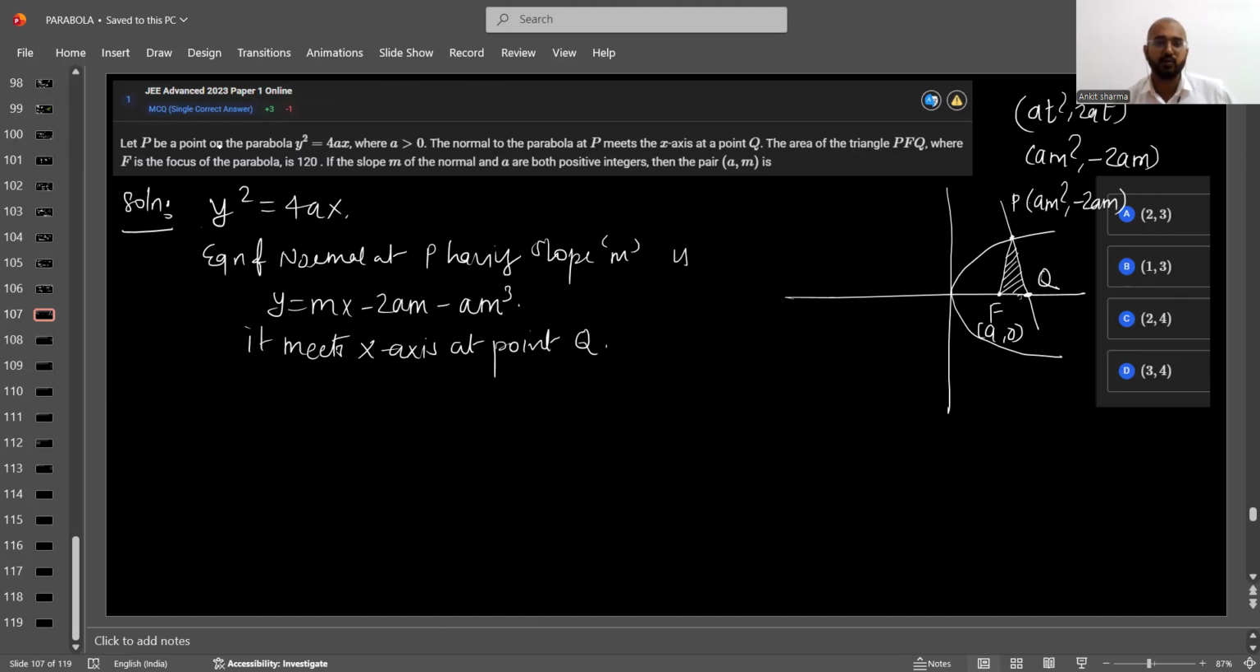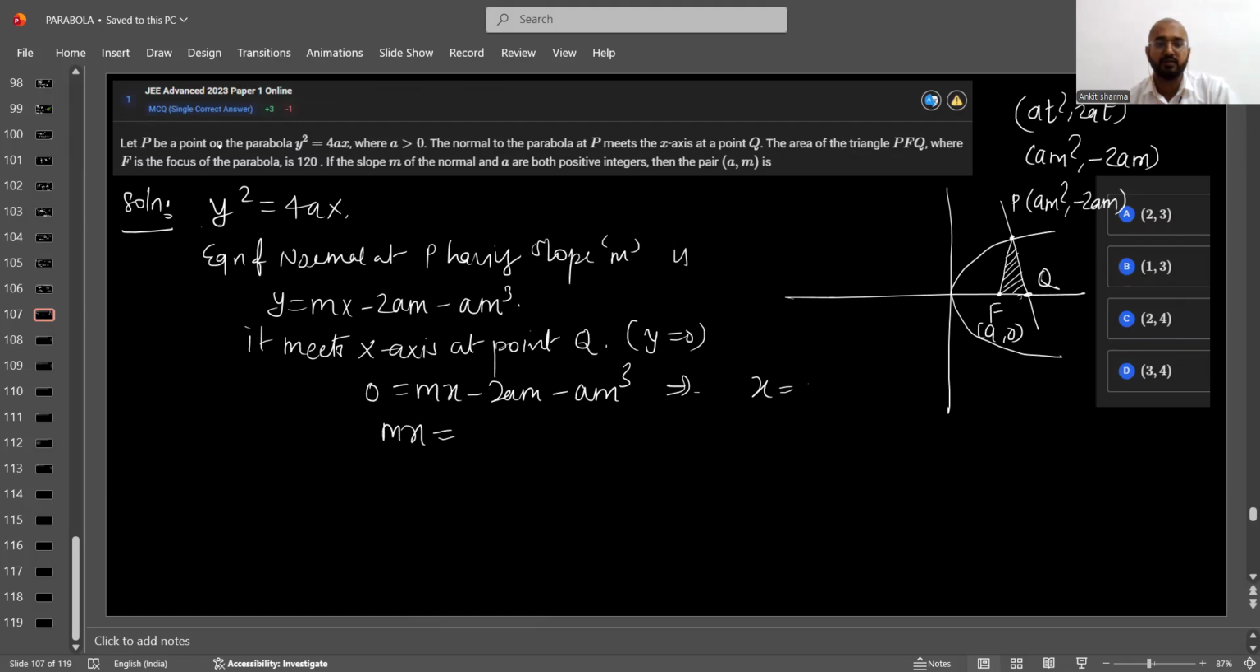And now to get point Q in terms of m, let's plug in y equals 0. So when I plug in y equals 0, this gives me 0 equals mx minus 2am minus am cubed. So from here I need to get x. So the m gets cancelled because m is not 0, because that's the only normal, so it won't form a triangle. Because if I take the point P to be (0, 0), already they have mentioned that a is positive, so I have this parabola. So x is going to be, transferring this to that side, this gives me